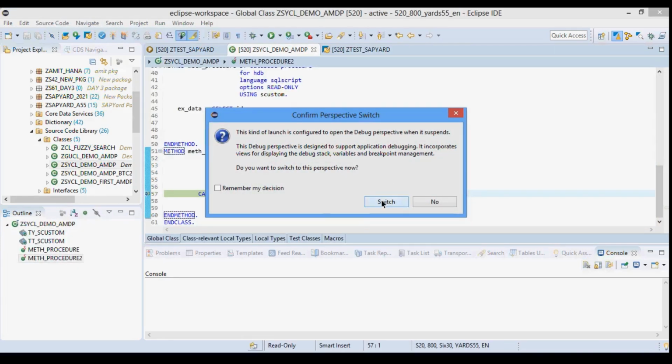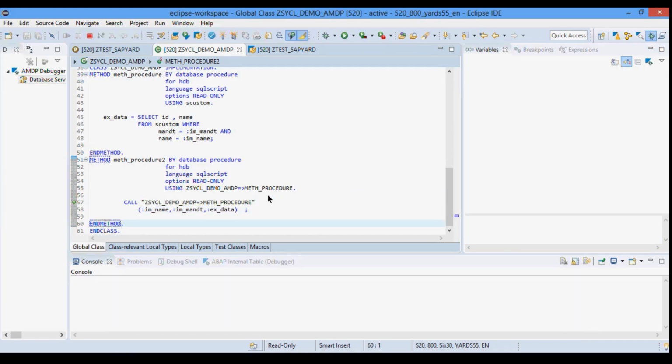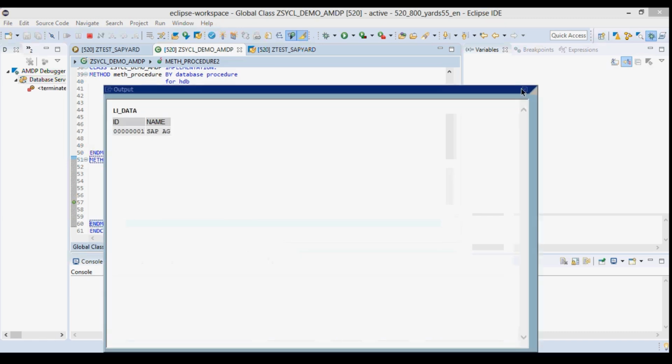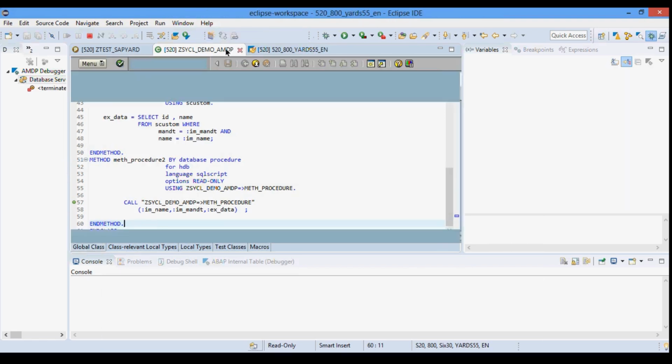It will ask for the debug perspective to be opened. You click on switch and you would see that it has opened. Now this mandate field 800 and SAP AG is being passed, and the control is with this. Now you can debug it like any other debugging, and you would see that output is coming. So that means you can also debug an AMDP directly.